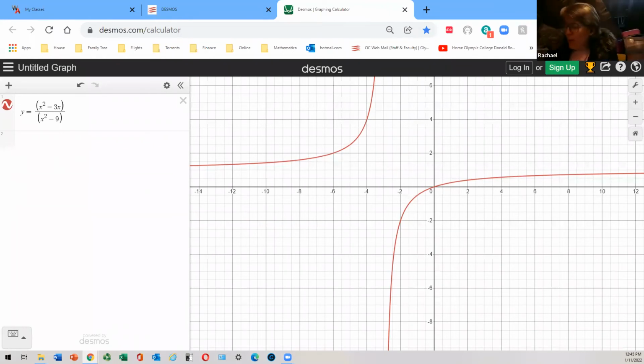Were you able to just take a look at the two different values and say, oh, that's either a jump or that's a removable? Was there a clue that gave you that idea? The only clue that I got was because I did a factor and cancel, they tend to generate removable discontinuities. That's just experience. I wouldn't be 100% sure because there's always an exception to every situation until I saw the picture. Right, now if I'd seen the picture and at x equals 3, here, it was clearly broken, right?